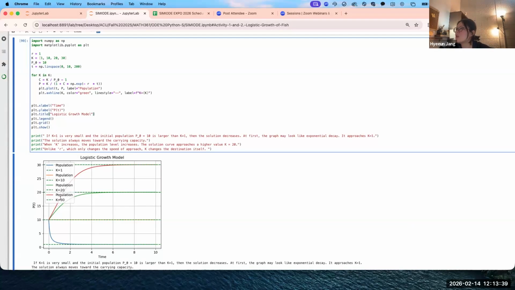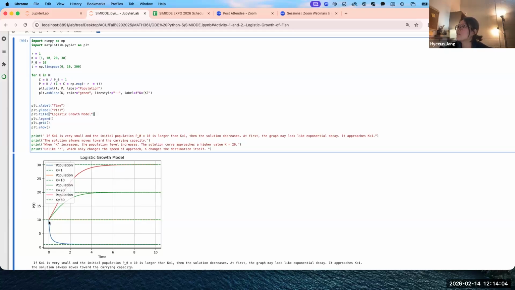But as we change the carrying capacity, the stability type does not change at all. We still move towards equilibrium. When K is equal to 10, exactly the same as the initial value, the population doesn't change at all. But what happens if K is equal to 1, which is very small, and the initial population is 10,